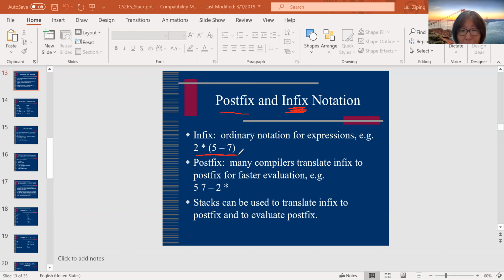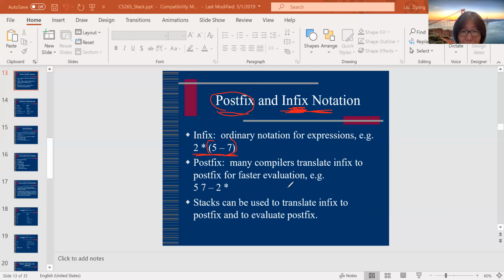So we are very familiar with it. It comes from math expressions, right? And you do have parentheses to put the calculation order ahead of other operations. So this is the regular infix notation. We learned that. And today, let's see another notation also used a lot in math, which we call postfix